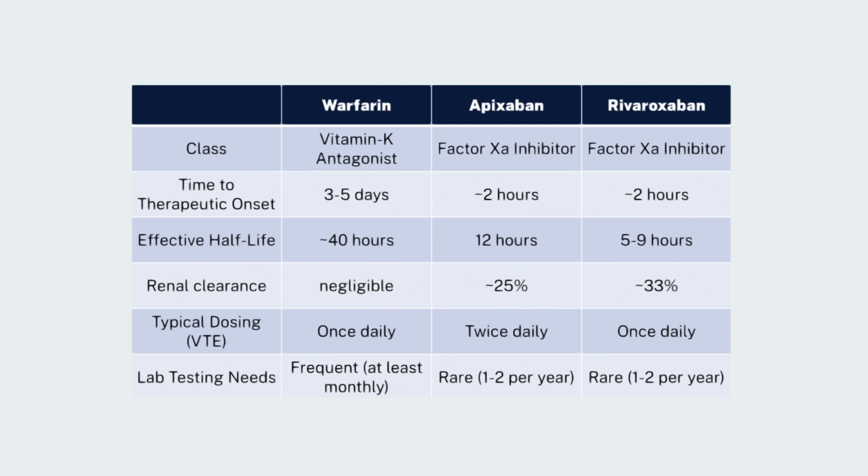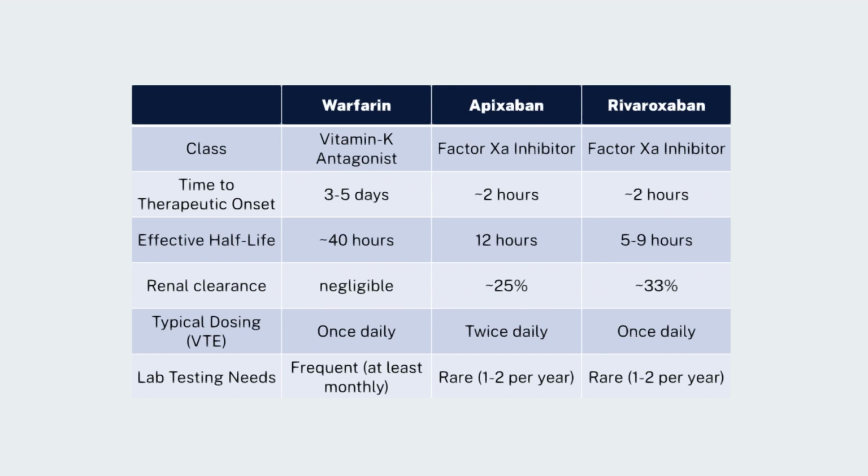If we think about how long it takes for a drug to become therapeutic, what's that time to therapeutic onset? For warfarin, it's actually quite long. It's somewhere between 3 to 5 days for its effective time to onset. Now, contrast that with both apixaban and rivaroxaban, very rapidly available, full anticoagulant effect within about 2 hours of taking